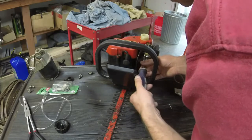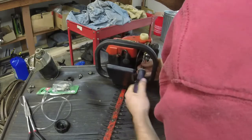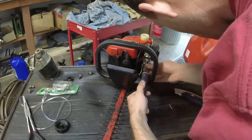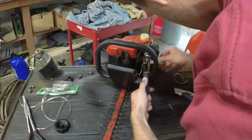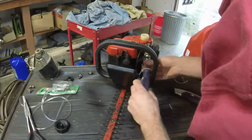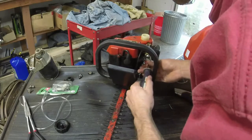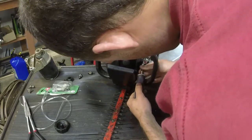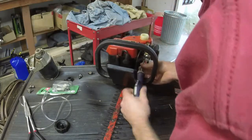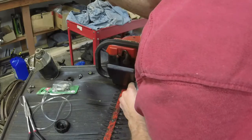Just be careful putting these screws back in, especially with this bigger primer bulb. And you know, I don't mind the bigger primer bulb. Probably because, in all truthfulness, it's probably going to be better than the original primer bulb that came on it. Which this trimmer's date code, I couldn't figure out the date code on the other one, but the date code looks to say